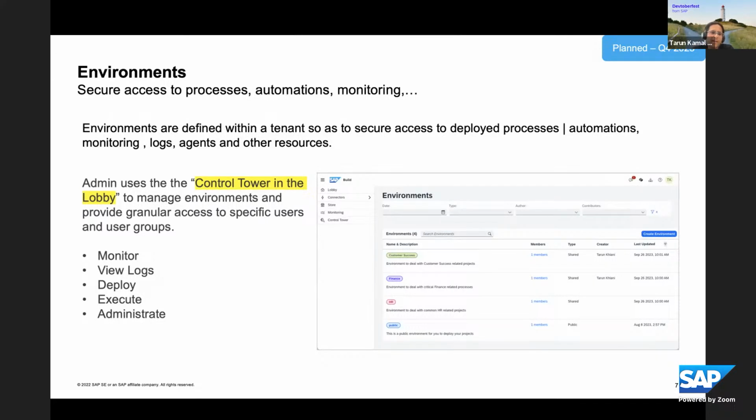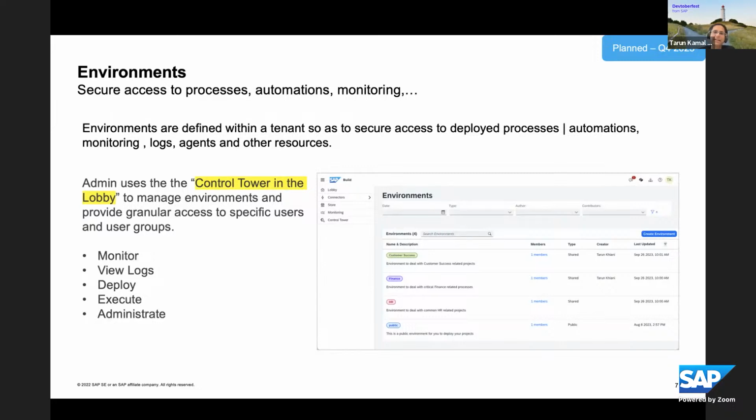So you can restrict, for example, if I deploy a set of automations or processes or apps into this environment, you could have only those people who can monitor these processes. You could view logs which are sensitive in nature. You can also restrict who can deploy into it. So you might give access to some and not the others.